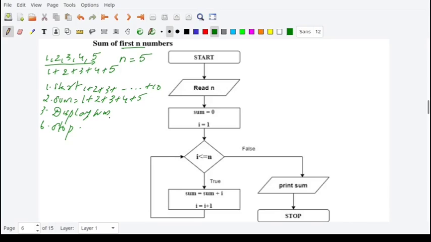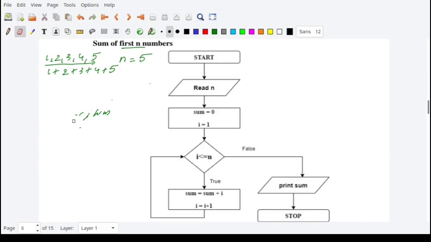That is not how we are supposed to write algorithms. We should be able to write algorithms which are generic. That is, you can write one single algorithm, read the value of n, and based on whatever the value of n is, you should be able to find the sum of those n numbers. So how can I do that?